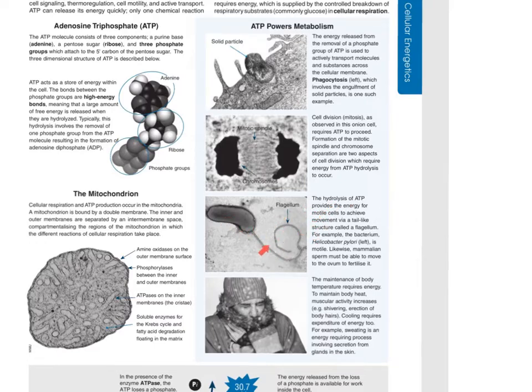This is a flagellum. It's moving. It's a flagellum in a bacteria. This Helicobacter pylori causes ulcers in the stomach. This thing swirls around its tail. What's the only way it's going to be able to move its tail around? ATP. This is a bacteria. It doesn't even have a nucleus, but it has ATP. It does not have mitochondria, but it has ATP. The basic unit of energy for living creatures on this planet.